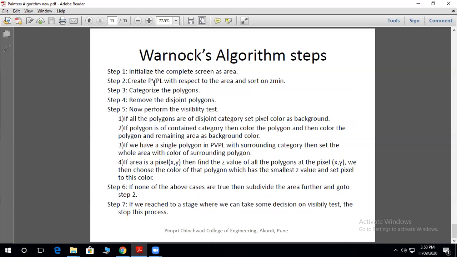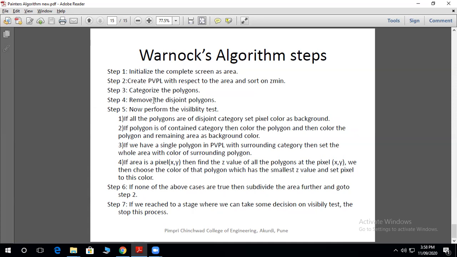Step 2, create the PVPL, the potentially visible polygon list with respect to the area, and sort on Z minimum. So we have to sort the Z values of the vertices. Don't include the disjoint polygons.